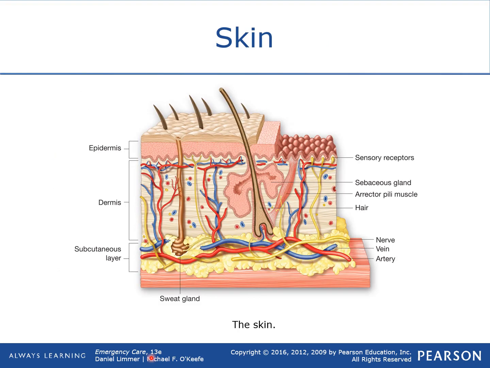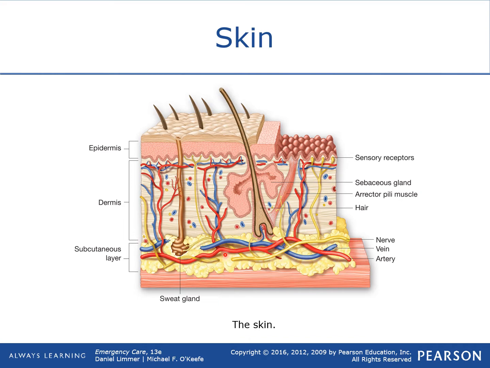So, like I said, there's a little diagram that shows the skin. So we have our epidermis right here. It's our outermost layer. Like I said, most of that is dead skin cells, which is the topmost layer that gets sloughed off and then replaced with live skin cells. Your dermis right here has all your different glands. The hair follicles start in your dermis. You have a little bit of blood flow and a little bit of nerves. You also have your sensory receptors that kind of go between your dermis and epidermis. Then down here in your subcutaneous layer, you have your nerves, some fatty layers, and you have your veins and